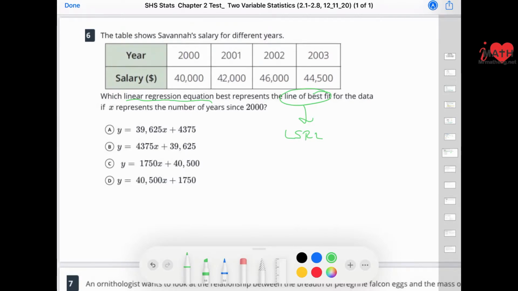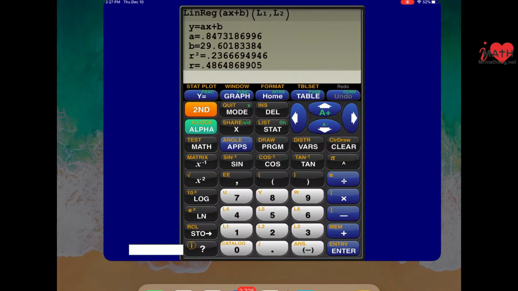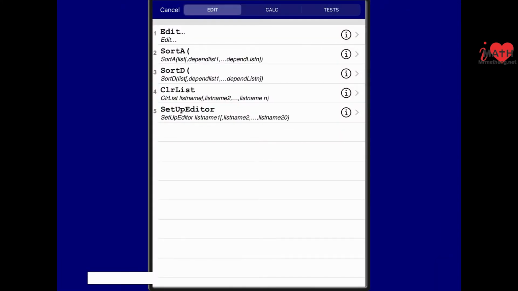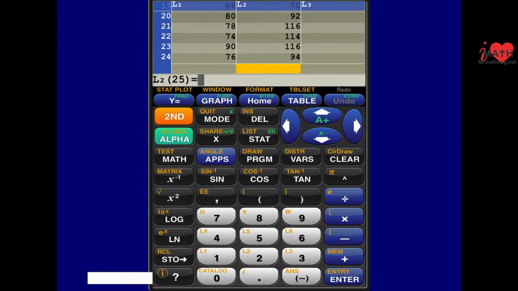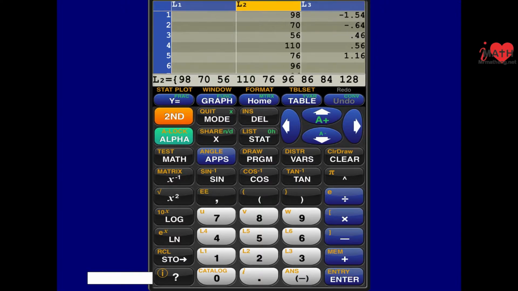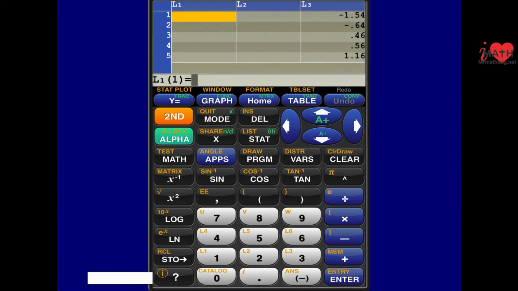Okay, so let's punch in those numbers. I'm going to go stat, edit, go to the top of my list, press clear, then enter. Do that for both of your lists. And although it says number of years since 2000,